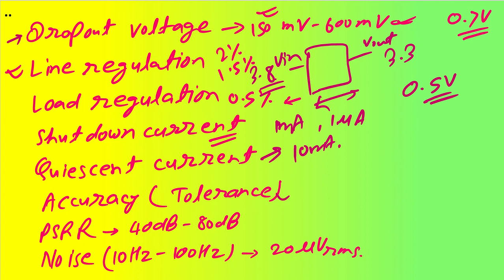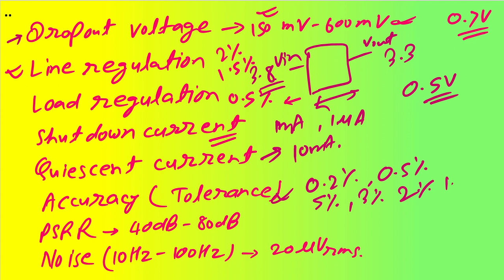Now coming to accuracy, so these days regulators are coming as good as 0.2% or 0.5% accuracies also. Earlier it was like 5% or 3% or 2% or 1.5% accuracies. So for your normal application, even 5% or 3% accuracies are good, but for very high end applications, generally people go ahead with 1.5% or 2%